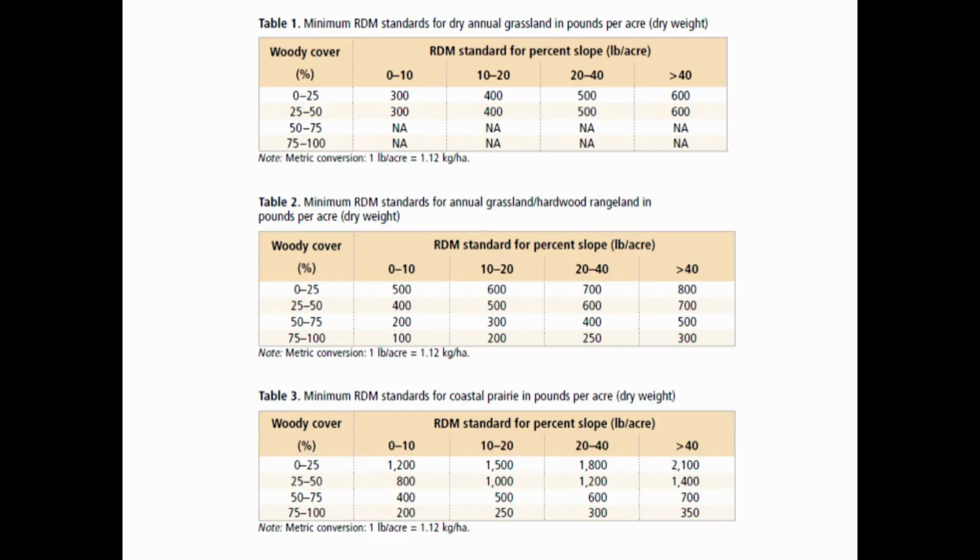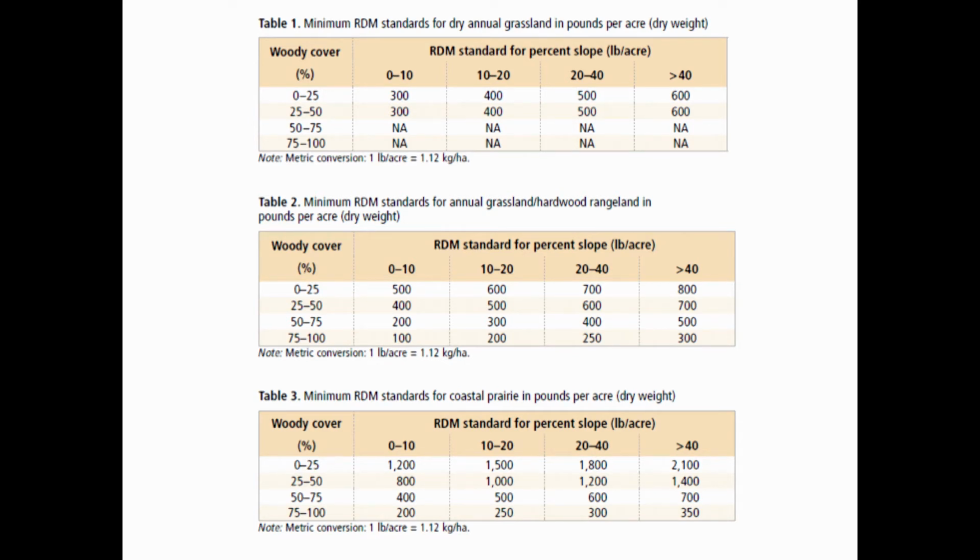In Bartolome et al.'s paper, you'll find that they have these really handy tables that help you estimate what the minimum residual dry matter should be approximately on your ranch or for your geographic area. And it's going to vary even on an individual ranch, from pasture to pasture or from one end of the pasture to the other end of the pasture. And the reason is, as you can see on these tables,